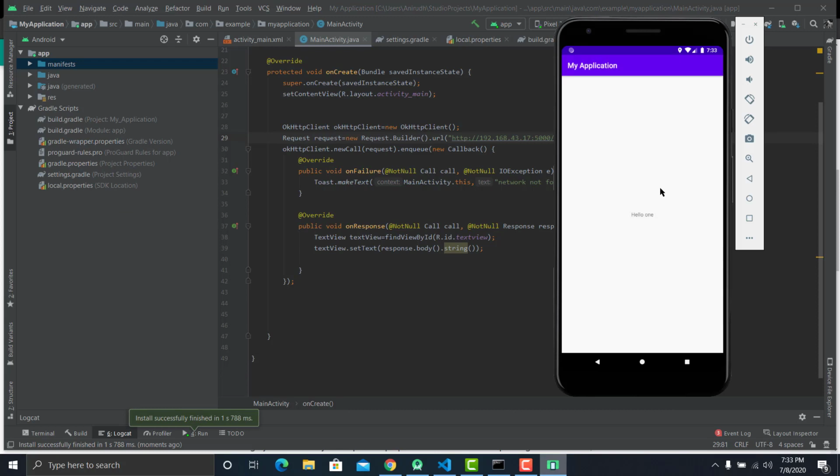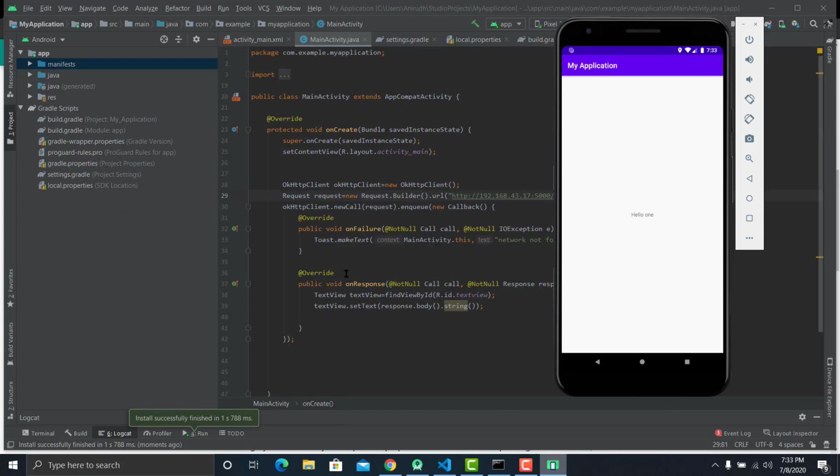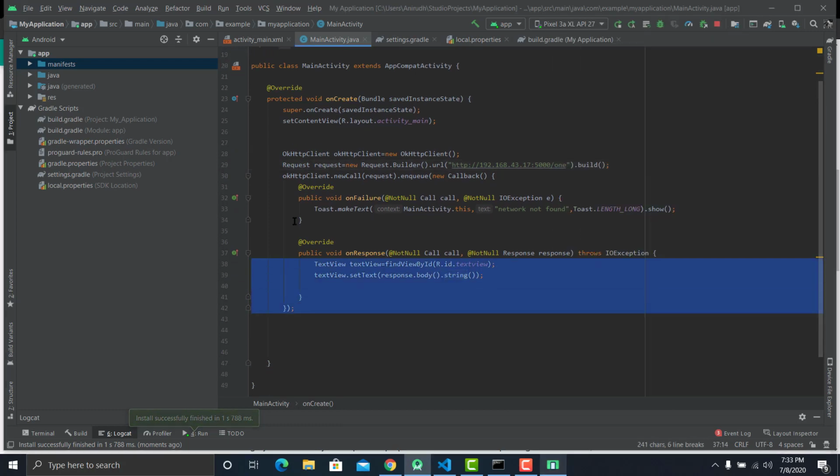So that was it, guys. You can use this code to make a simple GET request and fetch something from the server. In the next video in the series, you're going to see how to make a POST request from your Android app and send some information to the server and get some result based on the information that you've sent. We are going to make a calculator app that does computation on the Flask server and gets the result back, which will be displayed in the text view.